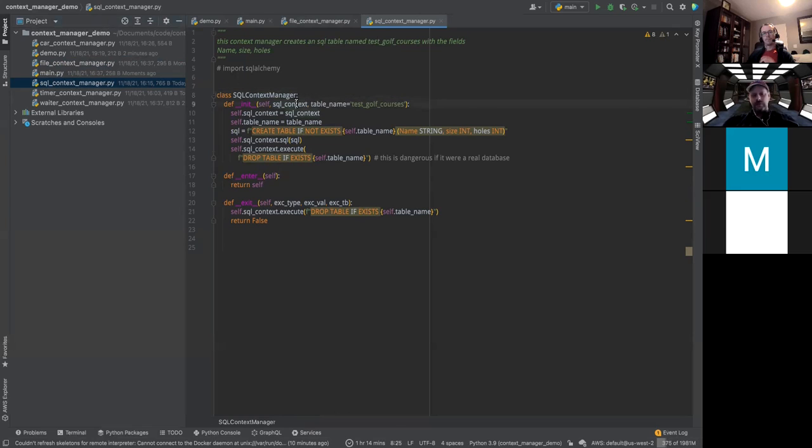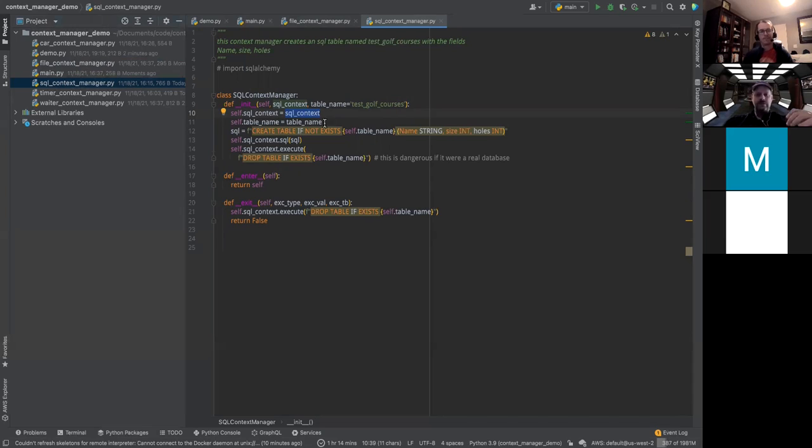In this case, I want to pass in an SQL context and add in a table name. This is just the default name. I can pass in something else. But the SQL context is going to keep your connection details, things like what host that database is on, what is your username and password, and it passes that into the SQL context. Now you can use SQL Alchemy type